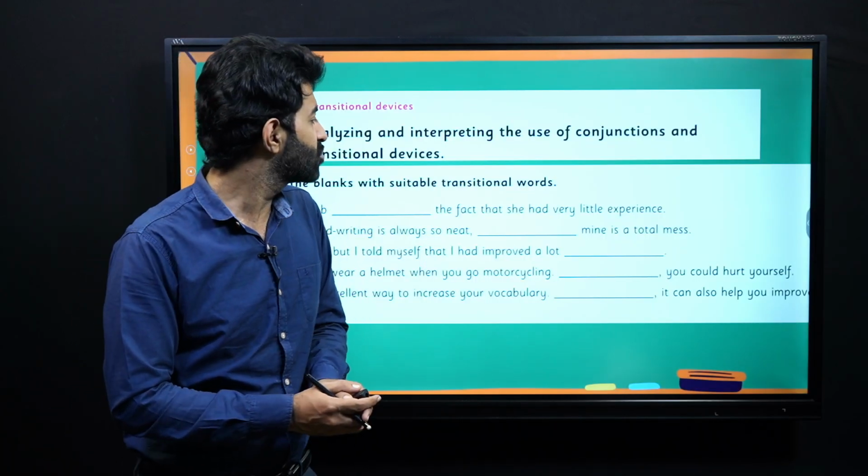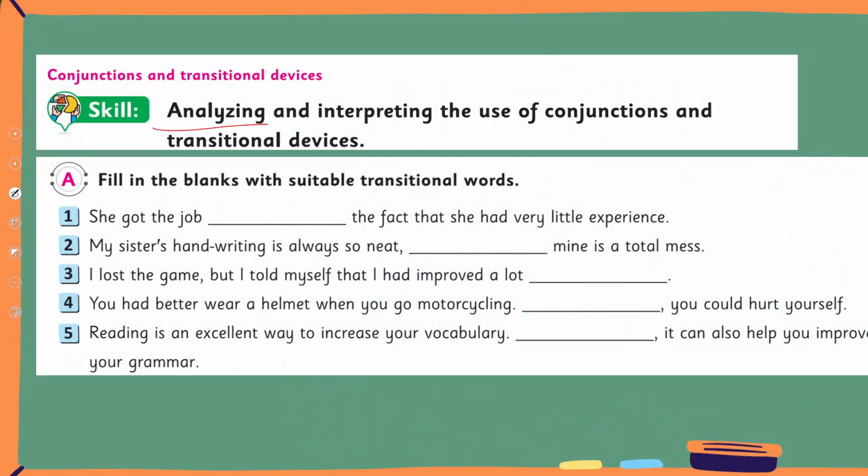Now, students, let's talk about analyzing and interpreting the use of conjunctions and transitional devices with our activity. Now, be ready and prepared. We are going to fill in the blanks with suitable transitional words. Number one, she got the job. The fact that she had very little experience. So what is the transitional word that we are going to put over here? She got the job. The fact that she had very little experience. So we can use a word like though,